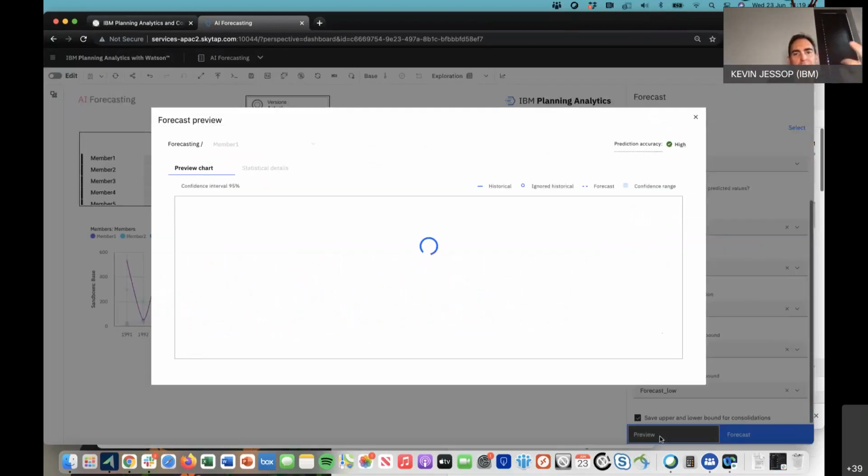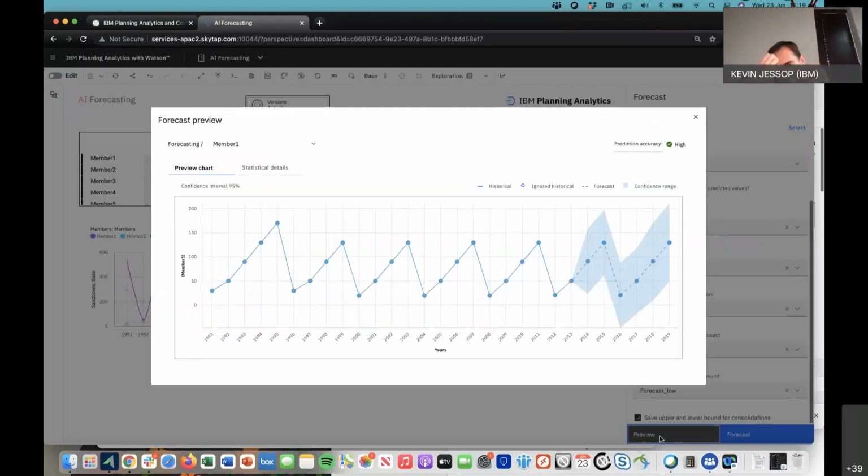And so what's happening behind the scenes is that Planning Analytics runs through 9 different models and fits the most accurate model based on the historical data, and then forecasts the numbers out. So in the visualization here, you can see the solid line is my actuals, the dashed line is my predicted numbers, and the shaded area is my confidence level. And then I can click